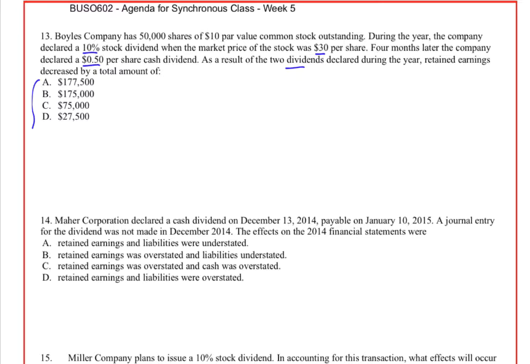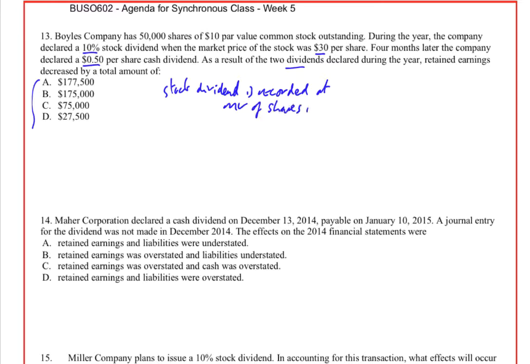So the way we record stock dividends is, if it's so-called small, and small for accounting purposes means 25%, but in practice it's never more than 1 or 2%. So I say in accounting textbooks you might get them at 10%. In real life you don't get them more than 2 or 3%. But the stock dividend is recorded at the market value of the shares issued. Right, so in this case,